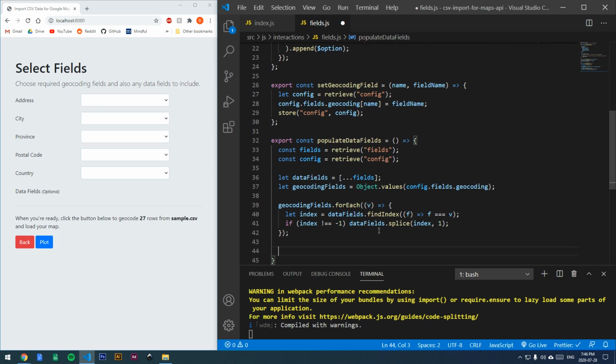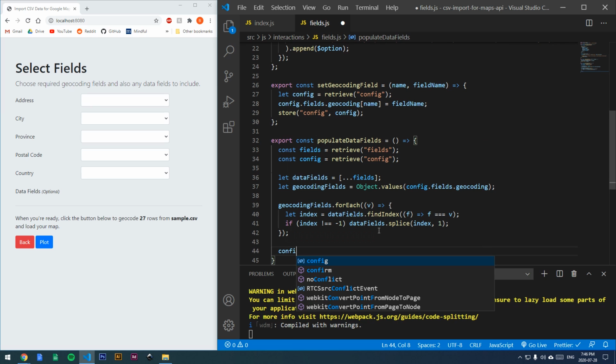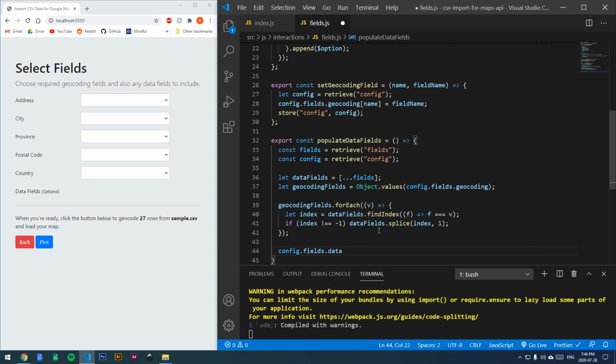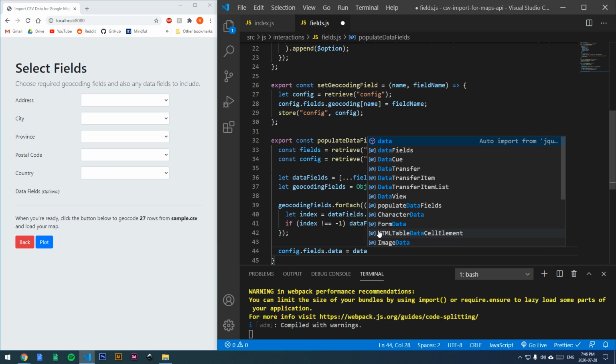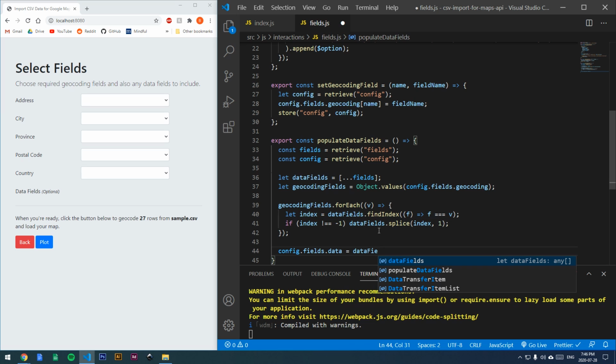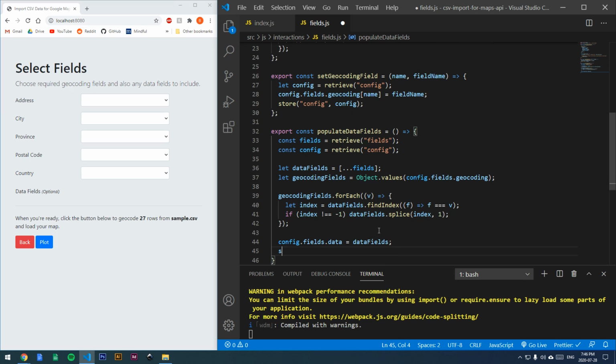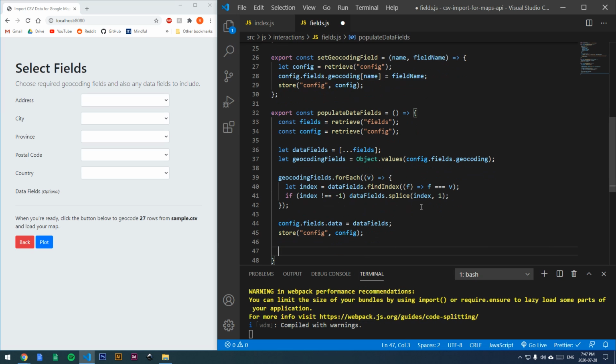So now let's just update the data attribute of our config fields object. So config.fields.data is equal to data fields, and then we're going to actually update again that config object. So as you'll see later, we'll be calling this function to update the list of data checkboxes every time that we change one of the geocoding dropdowns here to remove that selection from the list. So because of that,